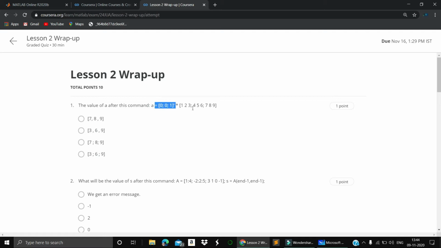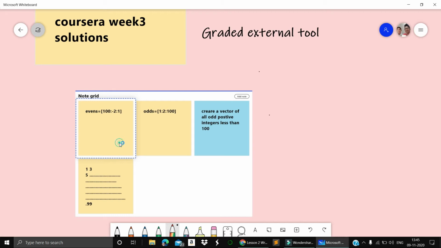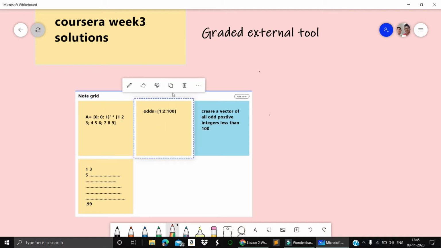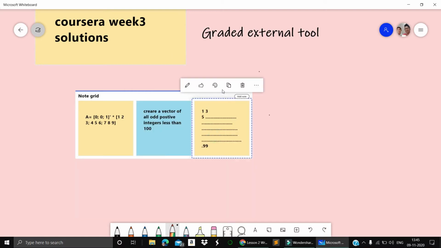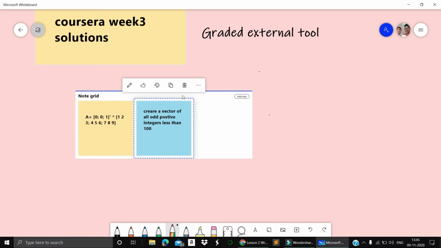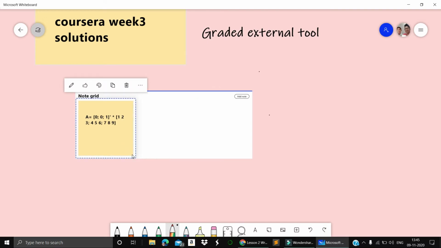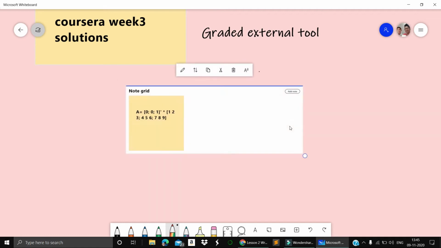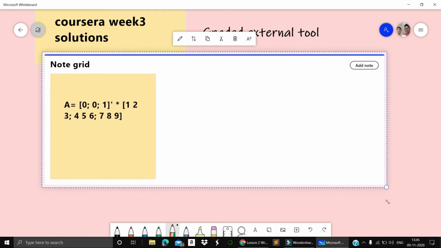Let's remove the remaining part, which is unnecessary to us because it will confuse us. To avoid confusion, we are using this one.